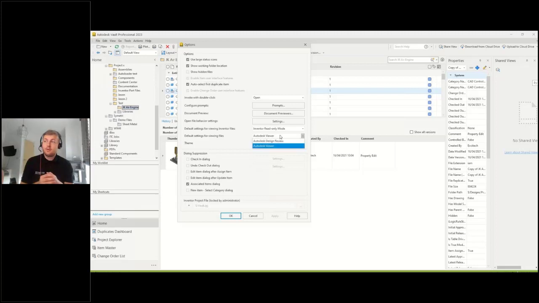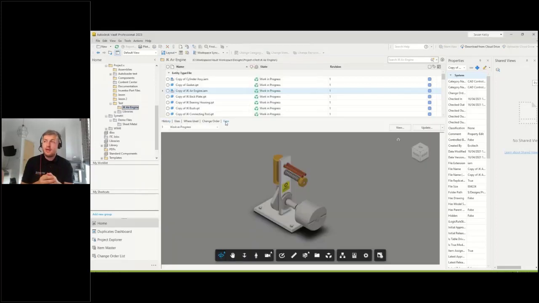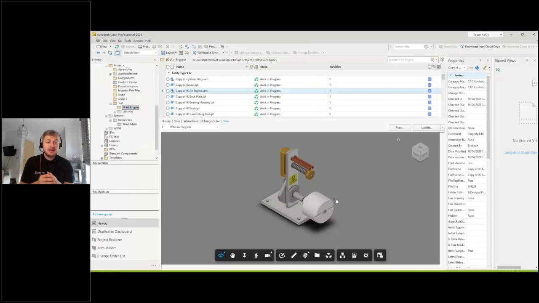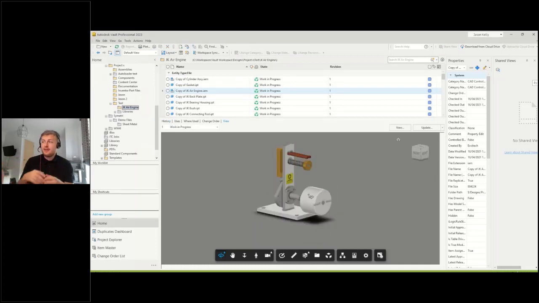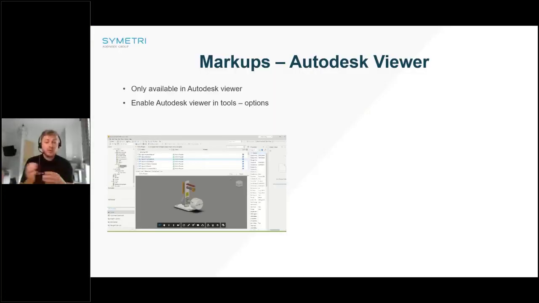Design Viewer or Autodesk Viewer rather than Design Review, and then you'll still need a visualization file attached, but you can see it gives available just in your Vault client. So if you have 2022.1 and onwards, have a look at it, turn it on, and make sure you get a good feel for it, because I find